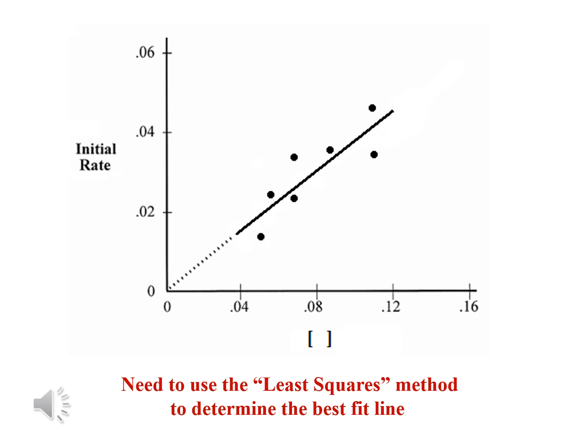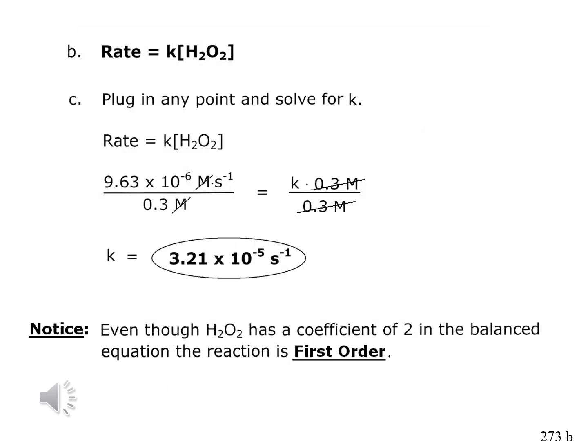The advantage of doing that is because the points will show scatter, you can get the best fit line by the least squares method and take the slope of that line, and it corrects for the error in each point. But I don't want you to do that because I make your points come out on a perfect straight line. So all you have to do is plug in any one of the points and it will work. And we said that even though the H2O2 is balanced with a 2 in front,